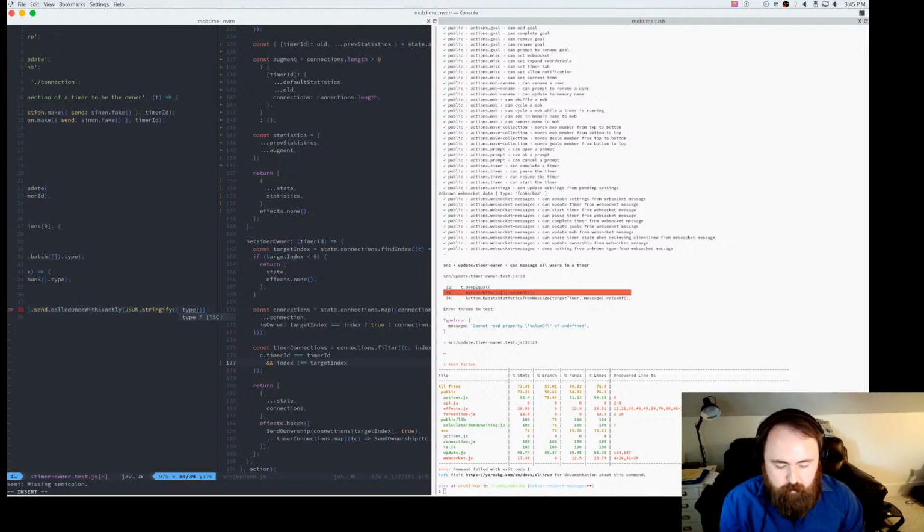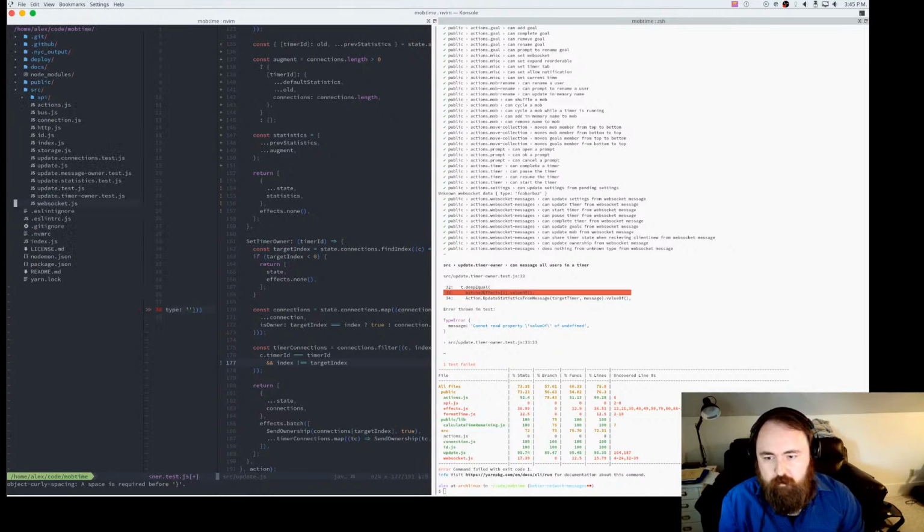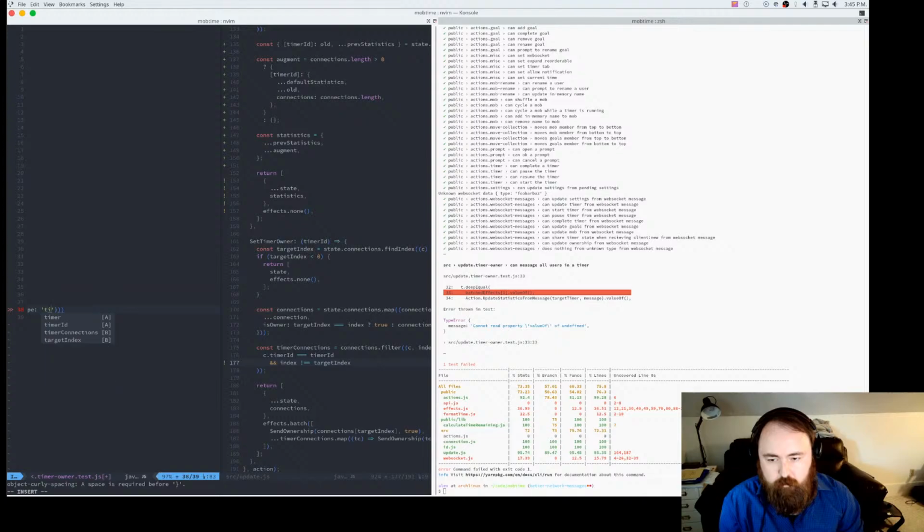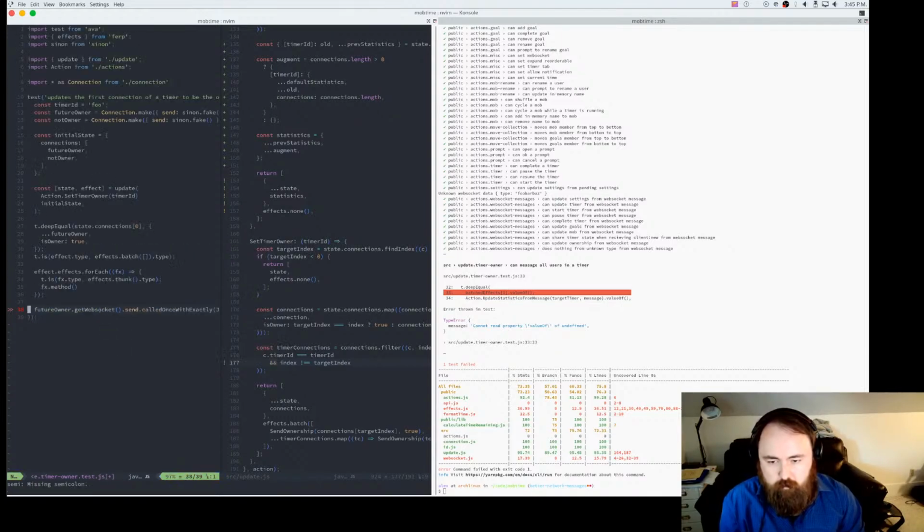Type is going to be like, oh geez, I even forget what that type was. Timer ownership. And then is owner true because this guy's the owner. So we'll just say owner message is going to be stringify.